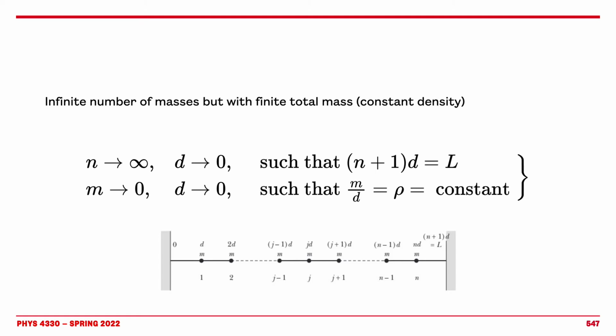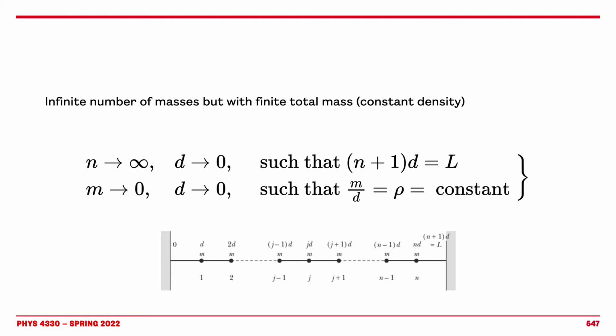So first of all, we want an infinite number of masses. That means that the distance between the masses is going to be infinitesimally small. That's what d going to 0 means. And that also means that the total number of masses plus 1, since we keep n fixed, so n plus 1 times d, the distance between them, is equal to L. So d is not going to be 0, but at the limit, d times n plus 1, something that tends to infinity times something that tends to 0, is actually here defined as the length of